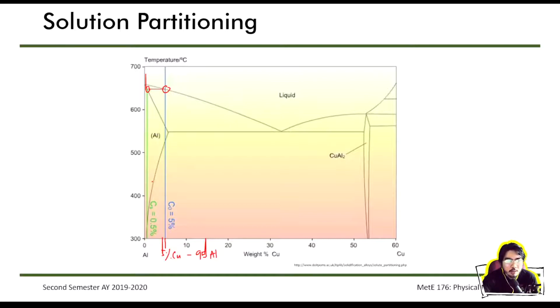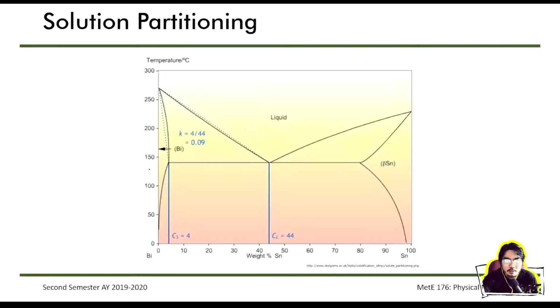So if you look at it, we can approximate it, because it's a bit difficult: the actual phase diagram is curved. So we cannot just approximate it as a linear plot, but we approximate it as a straight line, just for simplicity's sake. And from there, if we have linear plots like this, we can actually determine the K, which